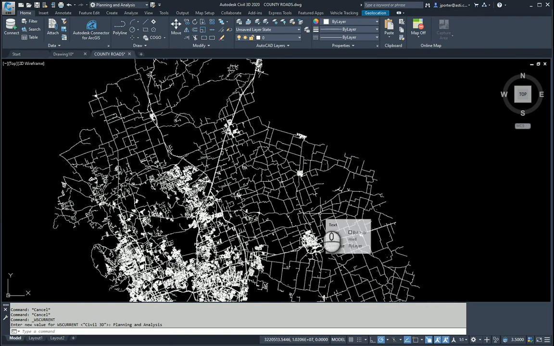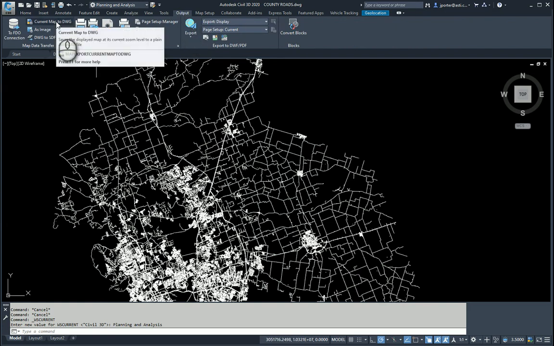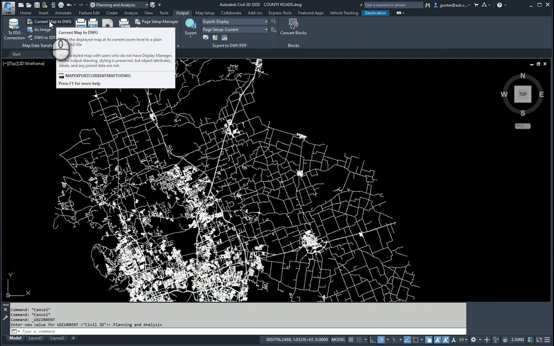Once I'm in the Planning and Analysis tab, I'm going to head over to the Output tab. And in the Output tab, there is Current Map to Drawing. Okay, you can type that in, Map Export Current Map to Drawing, but that's why I came all the way over here to hit this button. I'm going to click this button right here,